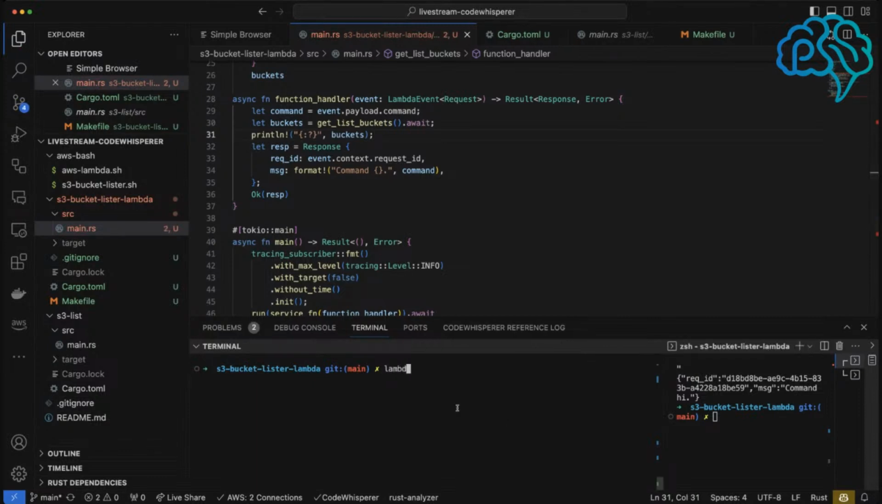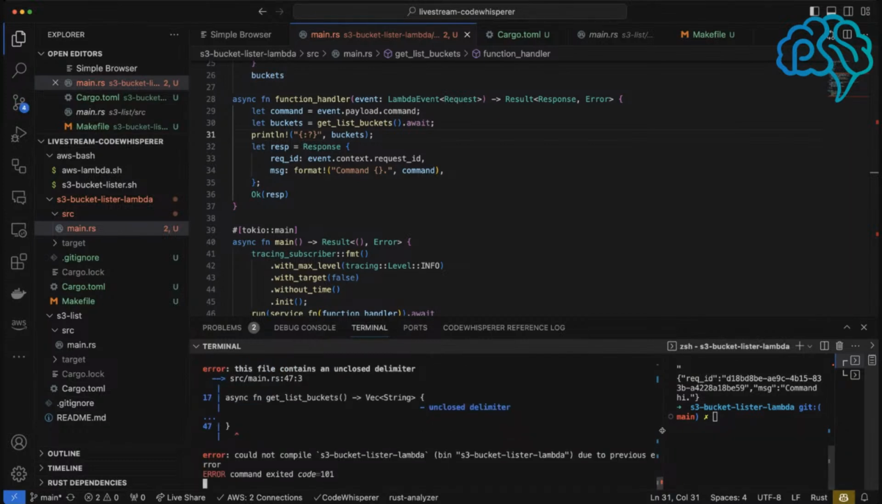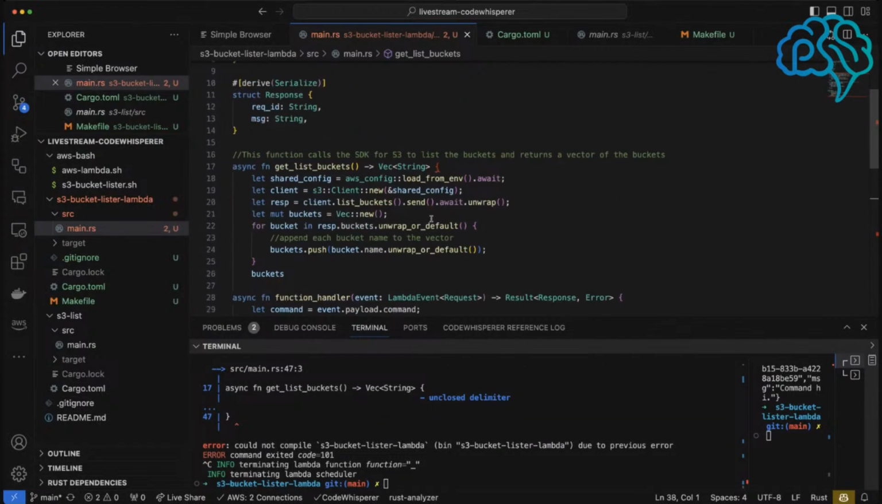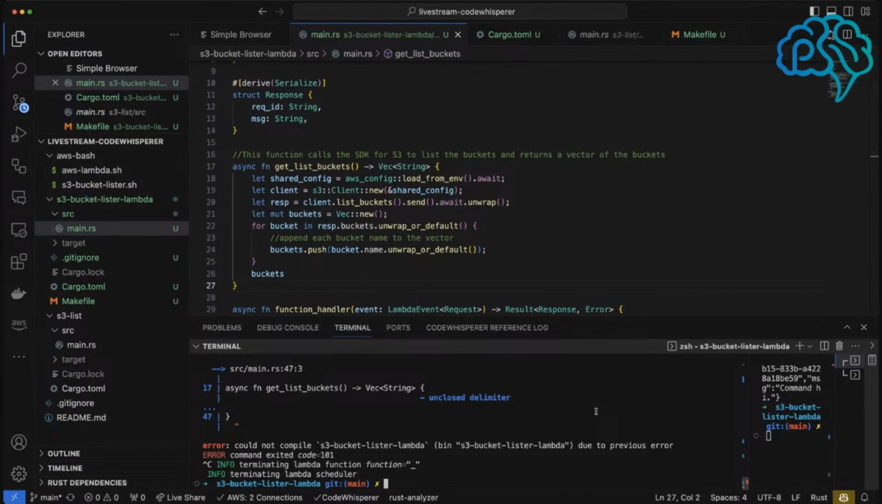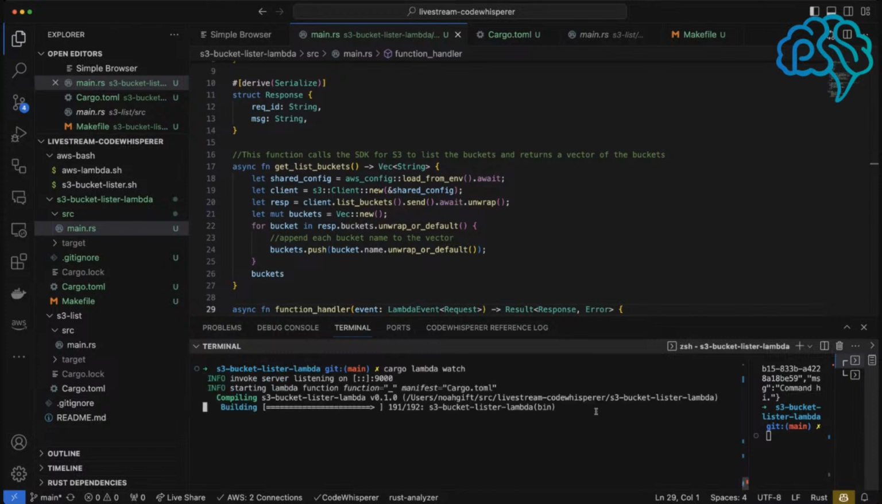So if I type in lambda watch, or I think, what was the command? It was cargo lambda watch. Uh-oh, we have an issue here, which is unclosed delimiter on line 17. Oh, we didn't close it because I was undoing some things. But yeah, that's why I like to do a make lint, which I should have done. We can say make format, which just does cargo format, and I can do make lint. There we go. And then if I do cargo lambda watch,